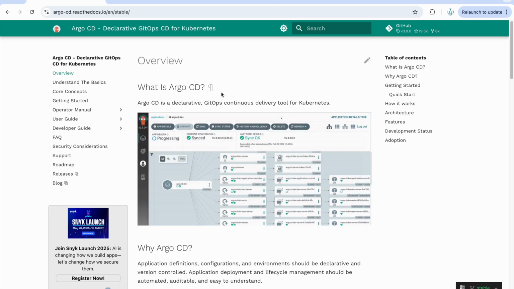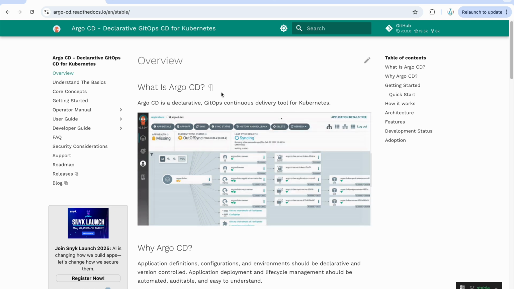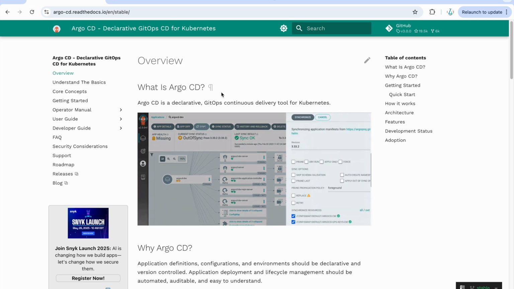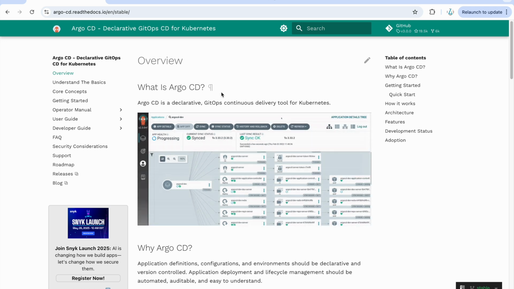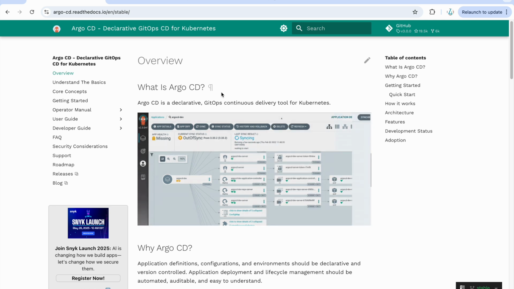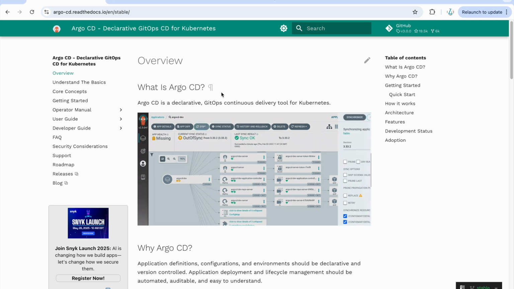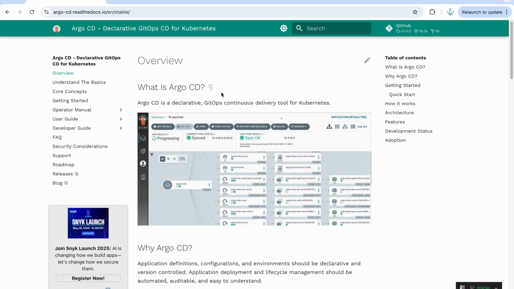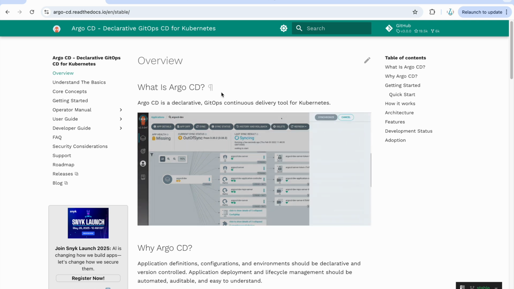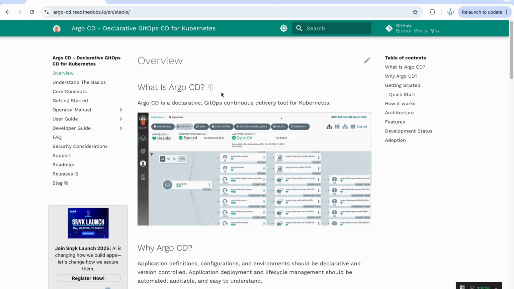So, what is Argo CD? Argo CD is a declarative continuous delivery tool for Kubernetes. It means it is a software. With the help of this software, you can deploy your microservices on a Kubernetes cluster in an effective way. It follows the GitOps flow, which means that it continuously monitors what is in your GitHub repo and syncs your Kubernetes configuration. So you can say GitOps.